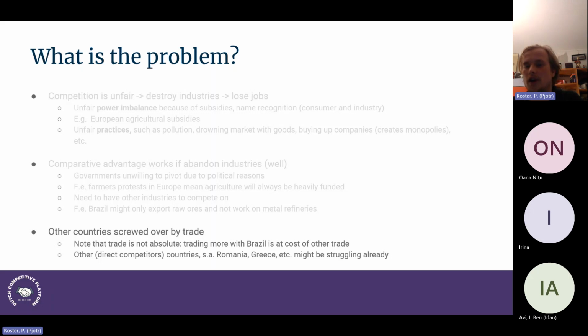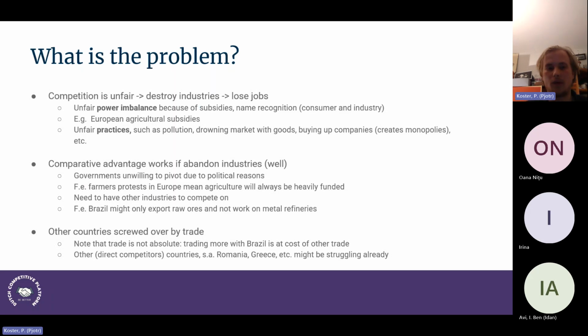And sometimes the places that are losing out are more vulnerable, so we should care for them, or maybe they are better for another couple of reasons. Maybe these other places have better environmental or labor regulations, and therefore we should care more about using their products than the products from this specific trade deal. So these might be Romania, Greece, for example, or other Eastern European nations that aren't part of the EU, that might lose out when you have a trade deal between the EU and Latin American countries. So these are just a couple of the problems that we already talked about quite a lot